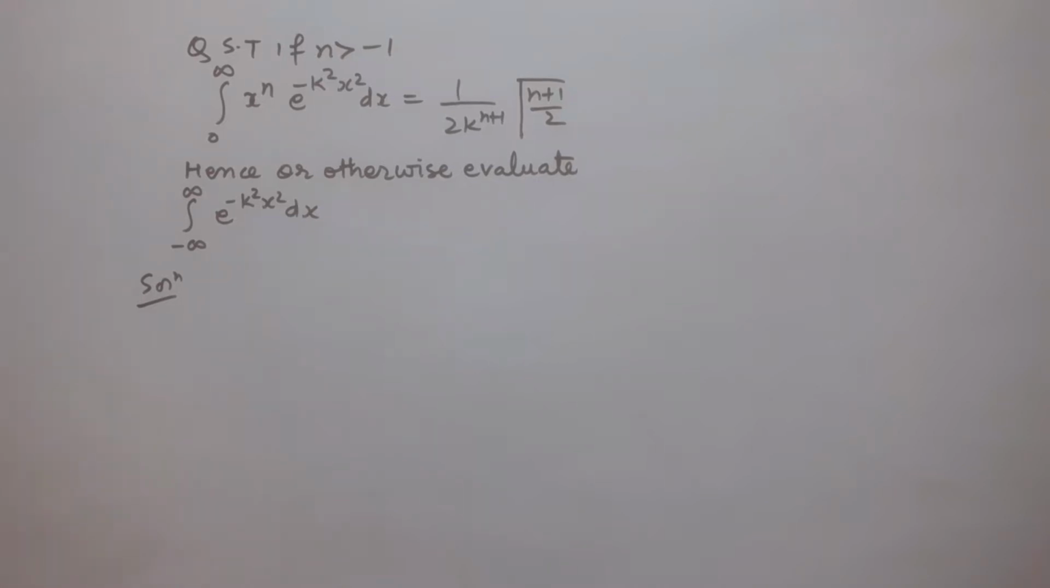Students, this is the question. Here we have to show that if n is greater than -1, then the integral of x to the power n multiplied by e to the power minus k square x square dx, between the limits 0 to infinity, is equal to 1 upon 2 multiplied by k to the power n plus 1, multiplied by gamma of (n plus 1) by 2. Hence, or otherwise, evaluate the integral of e to the power minus k square x square between the limits minus infinity